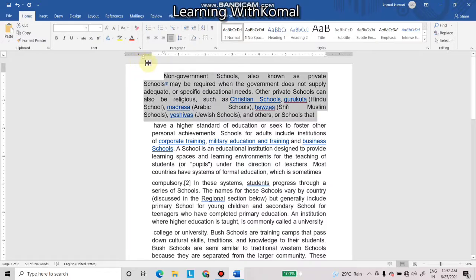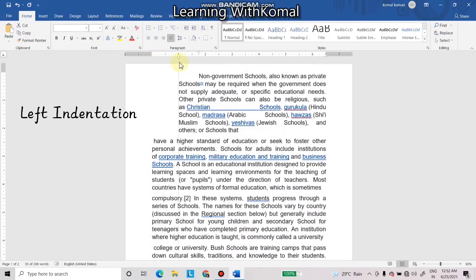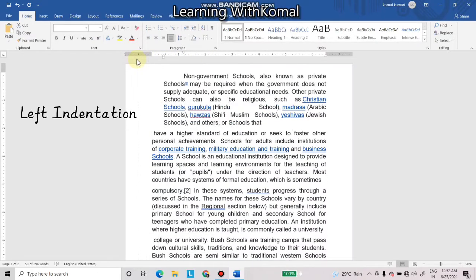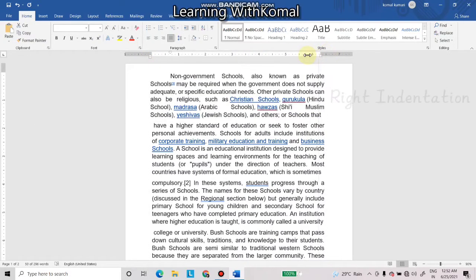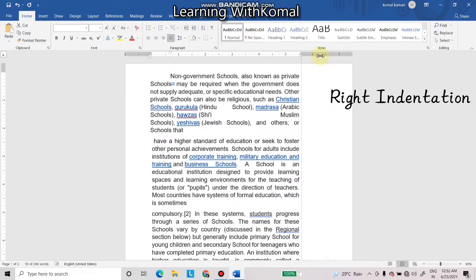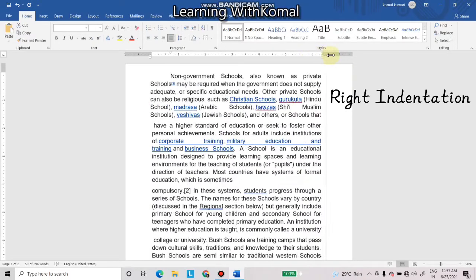Okay. Now, what is the use of left indentation? Left indentation means both the paragraphs will move, both the lines will move. First and hanging both will move. So let's see. See, both are moving. Okay, this is the left indentation. Now, similarly, right indentation means moving the word or giving the right margin. If you want to give a right margin, then from here we can just click and drag. This is the right indentation.